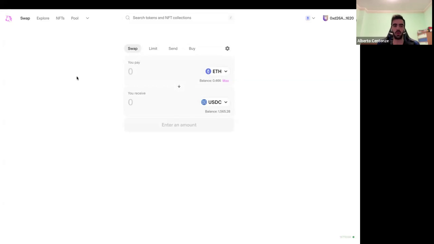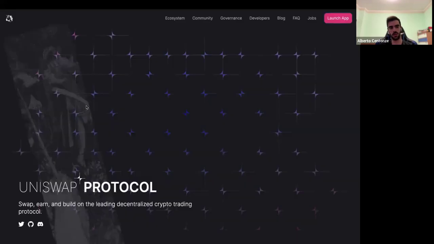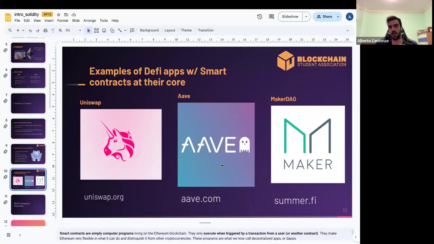We could spend hours talking about this, but you actually own your assets here, and you're not compromising by trusting a third party to trade assets for you. This is the key takeaway, and this is built on the blockchain through smart contracts in Solidity. And we have similar applications. Aave is for lending money and borrowing against it. And Maker offers a